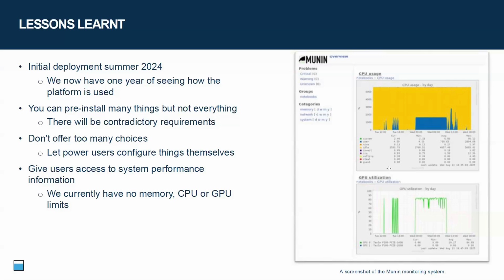We also found it was useful to give users a bit of information about the performance of the system. So we had a couple of cases where people were running really big jobs, usually on a Friday afternoon over the weekend. And we had 2 particular users who both wanted to do this on a particular weekend, and they were clashing with each other. And I think one was actually running the system out of RAM, and the other was just making it go slow for everybody. And we did have a Teams chat where they could coordinate, but we also set up a program called Munin, where they could monitor the system usage and just compare the CPU and memory graphs and see if someone else was